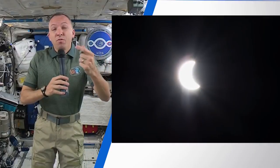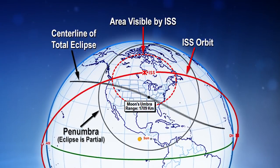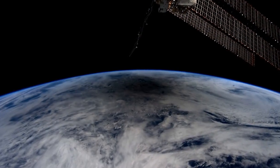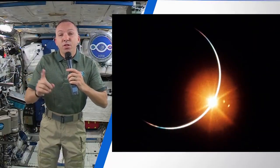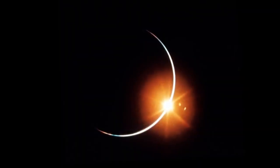Well, we get 3 different looks at the eclipse. The first time will be just off the west coast, where we'll actually kind of cross the path of the sun, and we'll have about a 44% eclipse looking up from the space station. The second pass will be north of about Lake Huron in Canada, when we were able to see the umbra, or the shadow of the eclipse, actually on the Earth. And then the third pass is actually just off the east coast. We'll come around one more time, and from the station side, see about an 85% eclipse of the sun looking up. So we should be able to get some really neat photos with our filters of the sun being occluded